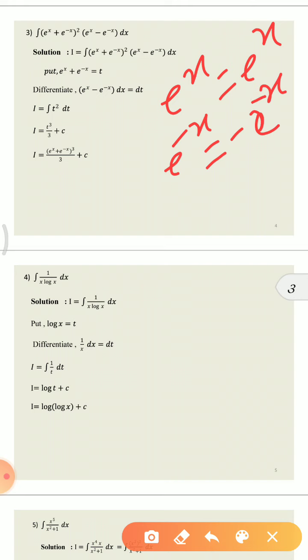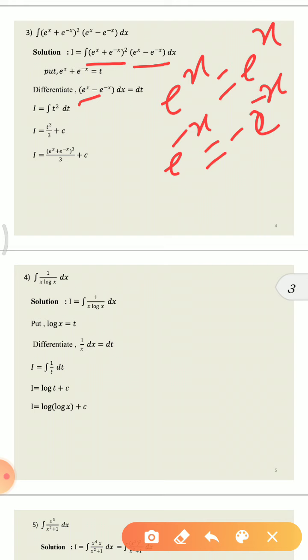Then if you see the question here, the first function is e raised to x plus e raised to minus x, the second function is e raised to x minus e raised to minus x, that means the second is the derivative of the first function. So we have to put the first function equal to t here, that is e raised to x plus e raised to minus x is equal to t here, and finding the derivative of this one, e raised to x is e raised to x